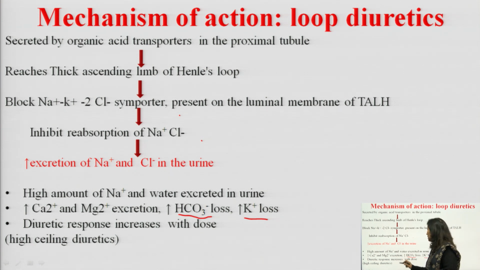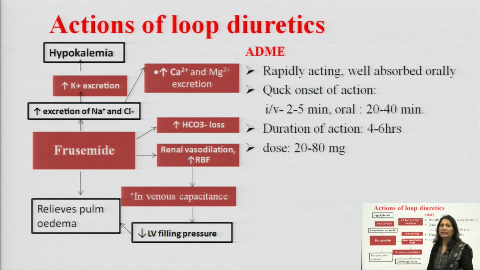So, diuretic response increases with dose, that is why they are known as high ceiling diuretics. So, these are the actions we have discussed: increased excretion of sodium, chloride, increased potassium excretion, so it causes hypokalemia. They also cause increased excretion of calcium and magnesium. They cause increased bicarbonate loss, and now this is very important because IV